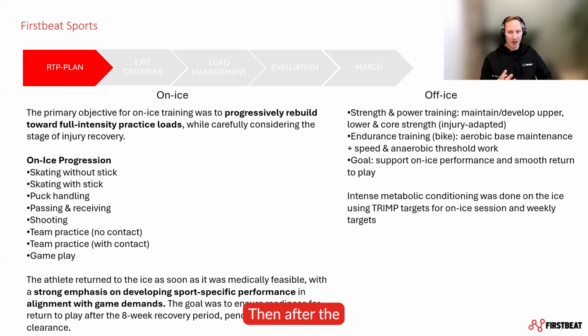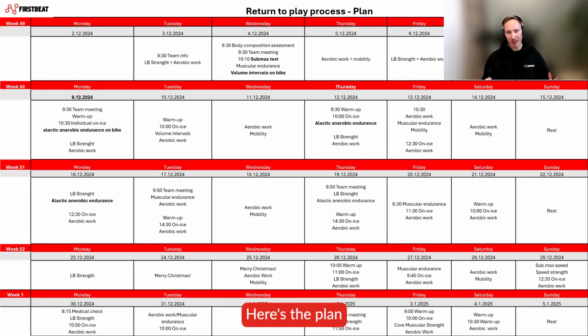Then after the athlete was able to return to ice, intense metabolic conditioning was done using TRIMP targets on on-ice sessions and weekly targets. Here's the plan for the return to play process. So he had 3 weeks off because of the injury and then 5 weeks of training, which is good to highlight. At the beginning of the return to play phase, they did a sub-maximal fitness test, and then I have just highlighted some of the